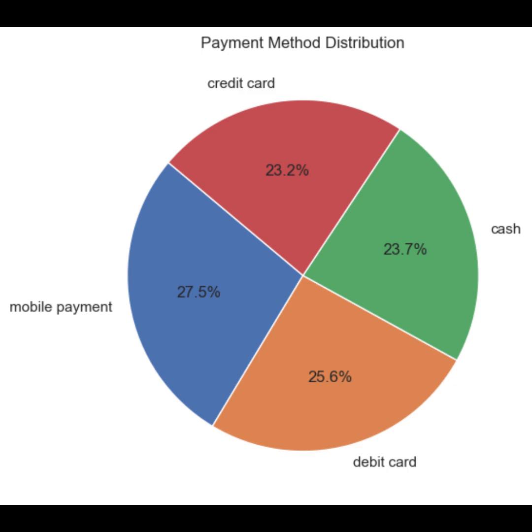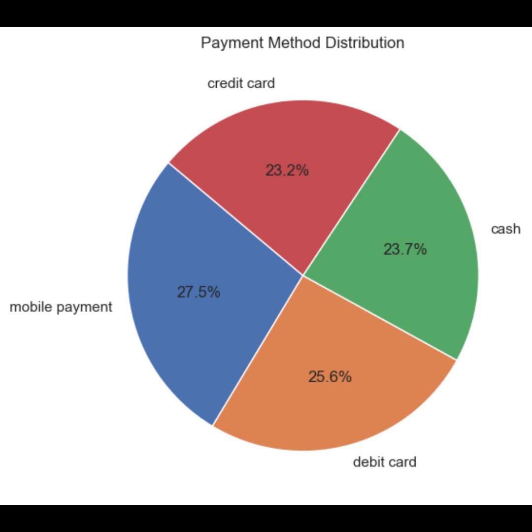Now, first of all, you can see that mobile payment is the most popular, accounting for 27.5% of the transactions. The next is debit card, which is the second most used payment method, making up 25.6% of the total transactions. For cash, you can see that the method is used for 23.7% of the transactions, while